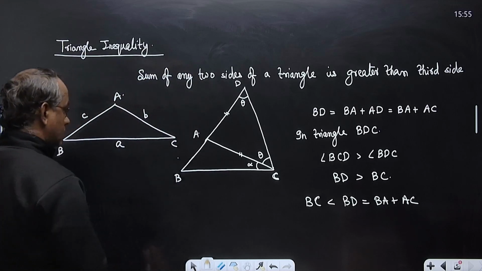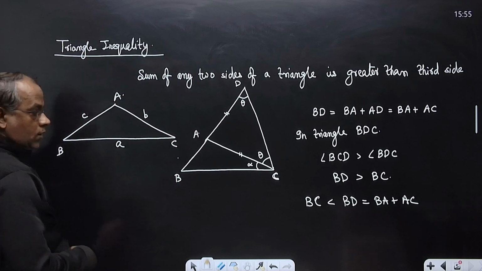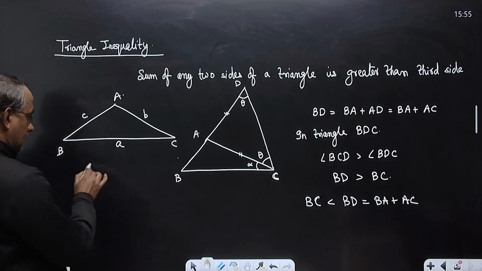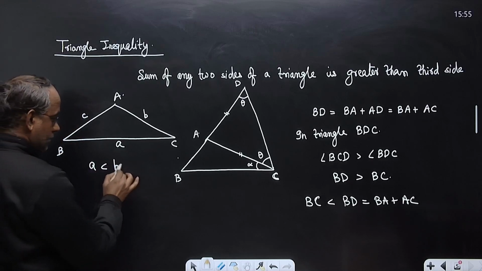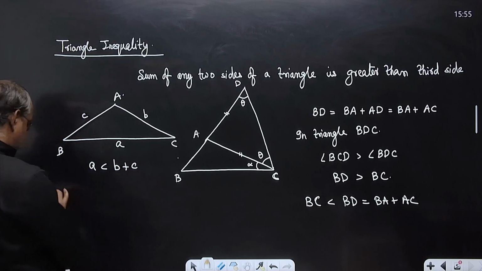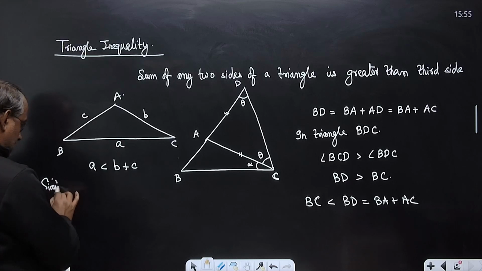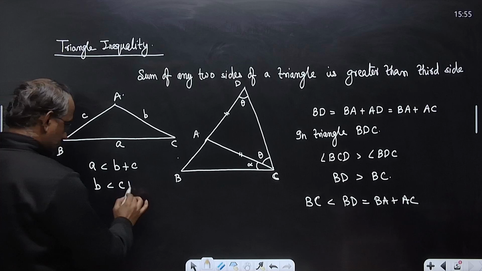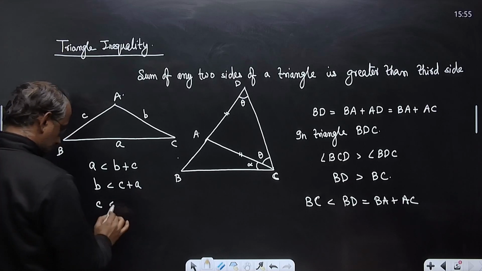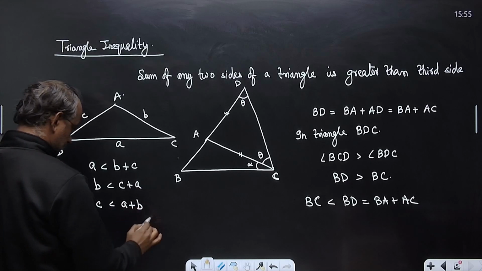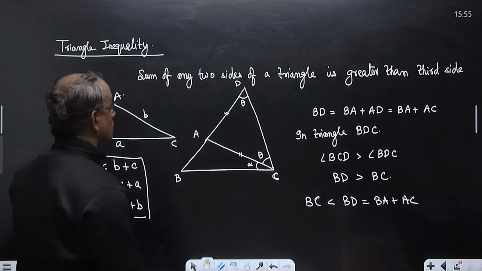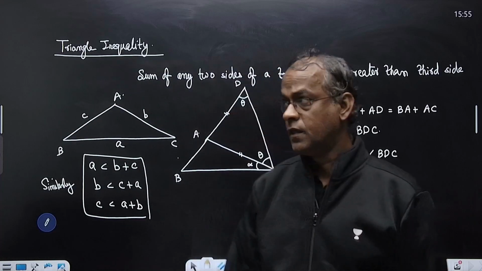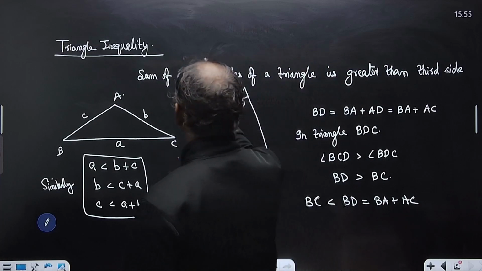So we have BC, a, we have just established, and similarly we have b and c. The sum of any two sides is greater than the third side, and further we can say,